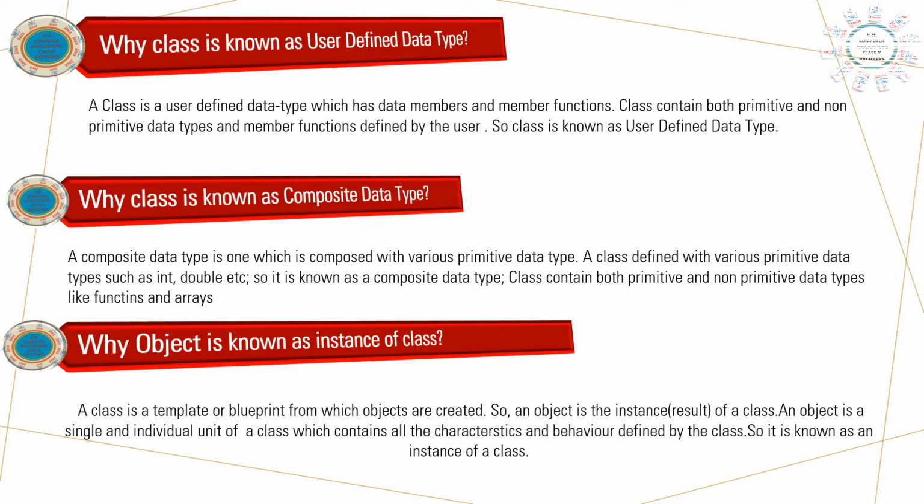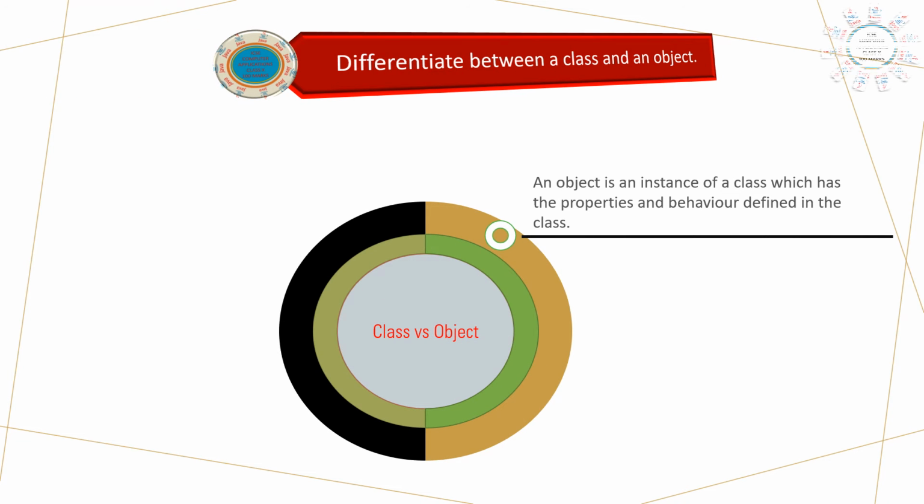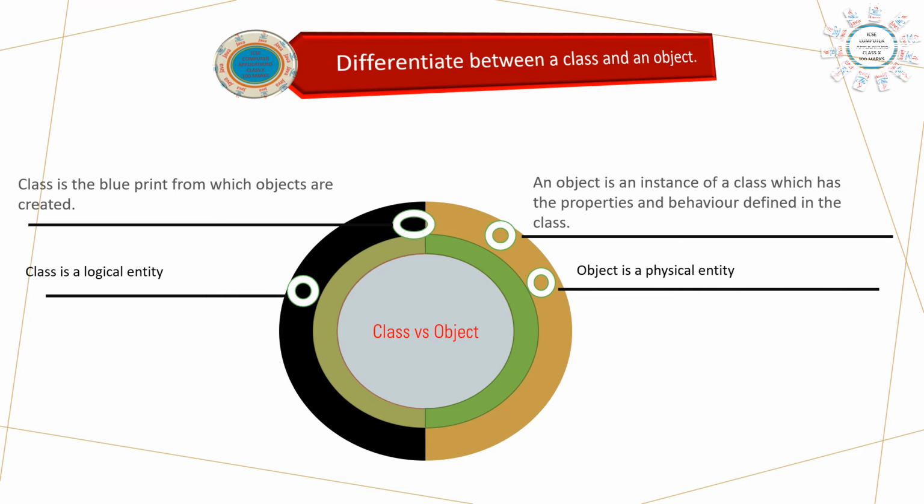A class is known as a user defined type, composite data type, and why an object is known as an instance of the class. So all these questions contain just 1 or 2 lines of answer. So be prepared with the answers. And now difference. This is the other question that can be asked, difference between class and object. When you write, put a column, and point wise you can write on both sides the proper definition of